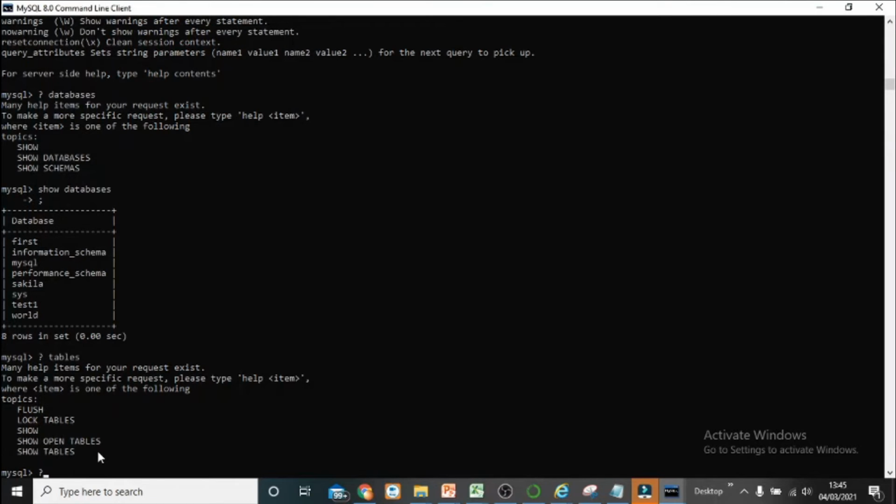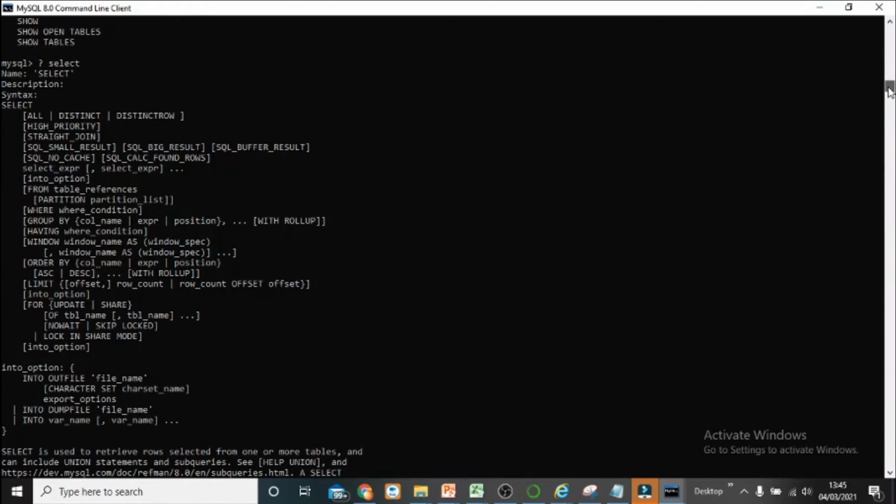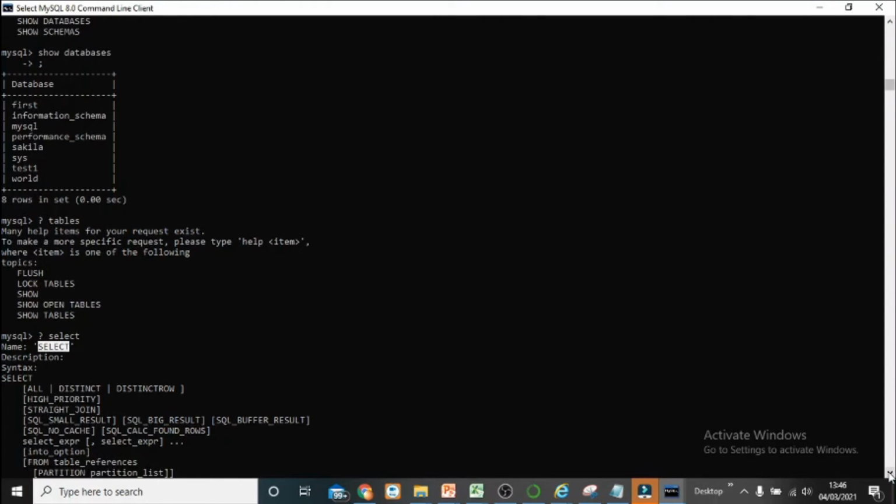Similarly, if you want some help on the select function, you just need to write select, and a lot of detail around that particular functionality is going to be shown. This is the select function, and with select you can use all these parameters which are listed down here.